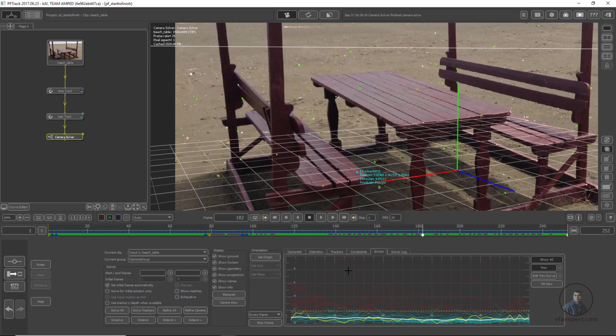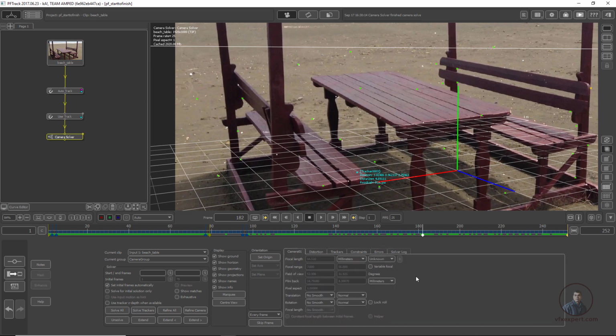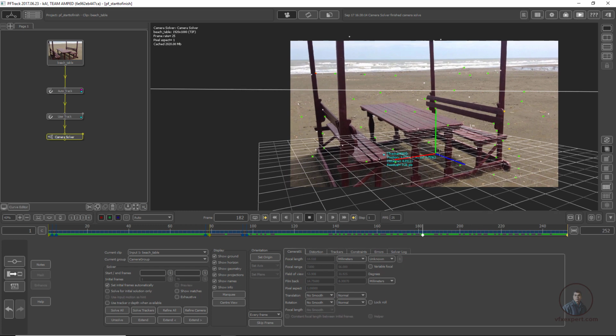Now after that, again click on camera here. So these are our camera parameters. You can also, in translation and in rotation, click on medium smooth, or medium smooth in both parameters. After this you can also solve your camera. So if you want, you can also smooth your camera a little bit. If you want, you can do it. Simply click here, no smooth. So till here we have solved our camera.